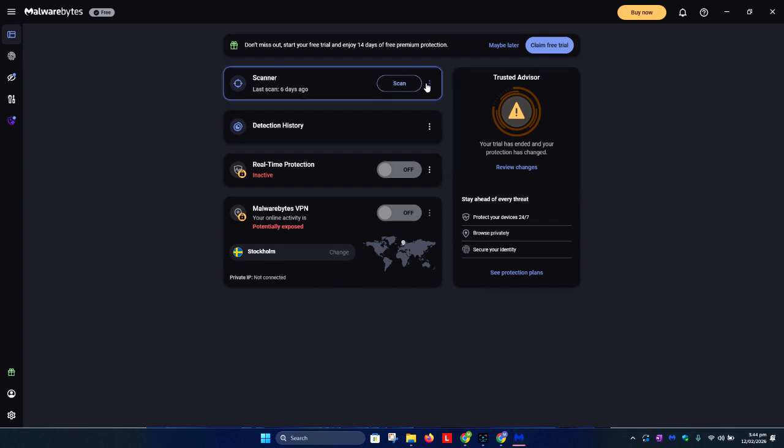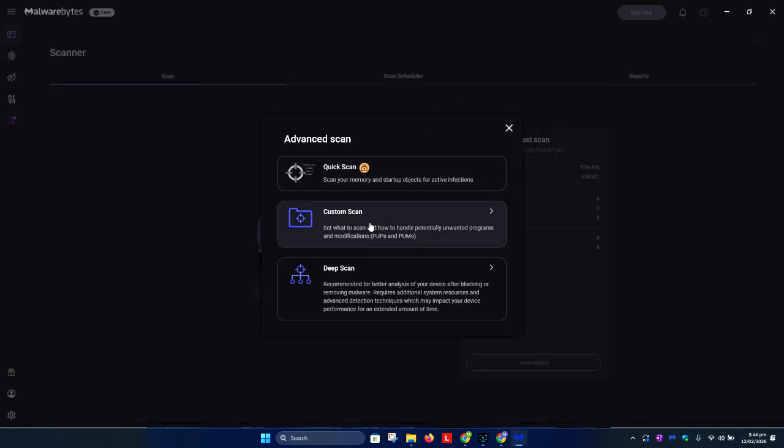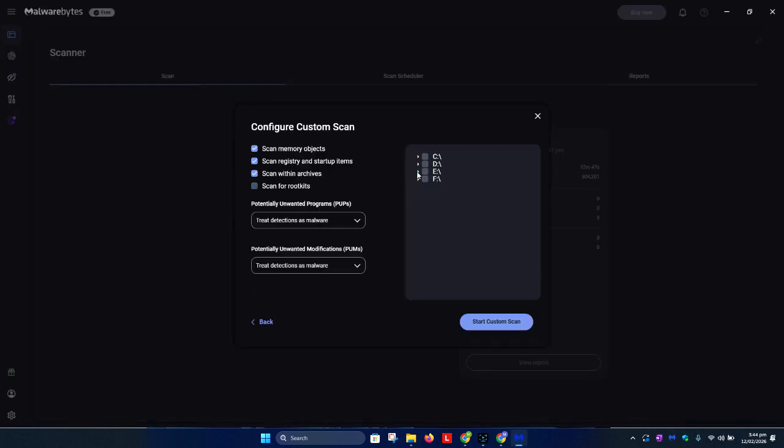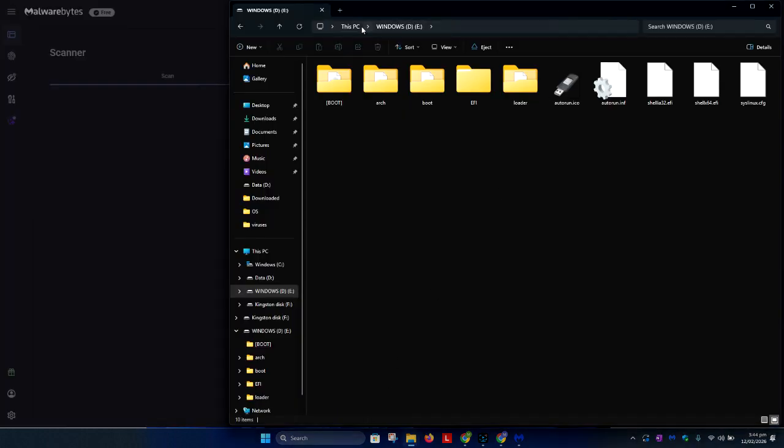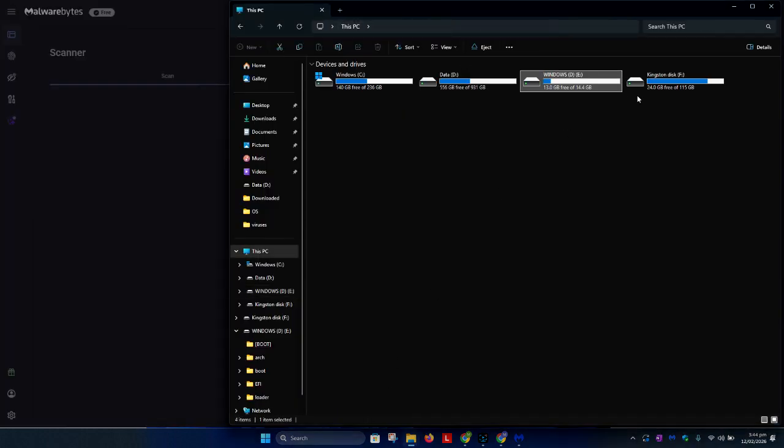So here we're going to select next to Scanner, Advanced Scan, Custom Scan, and here we're going to select the devices that we want to scan. If you have a USB flash drive, SD card, external hard disk, external SSD, or even the Windows system. So for now, I'm going just to select the one which contains the least data so that the scan doesn't take long to show you what to click next. So E